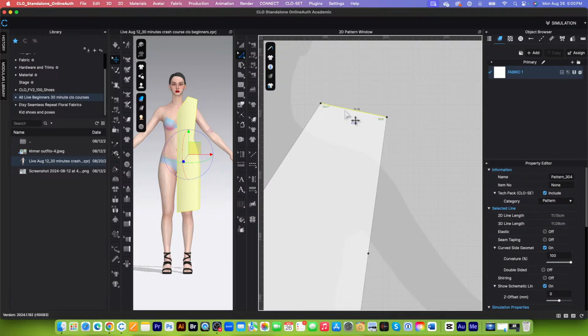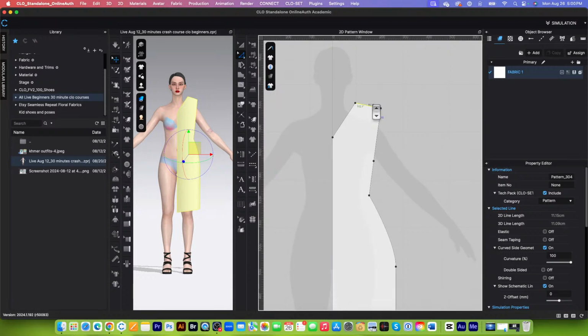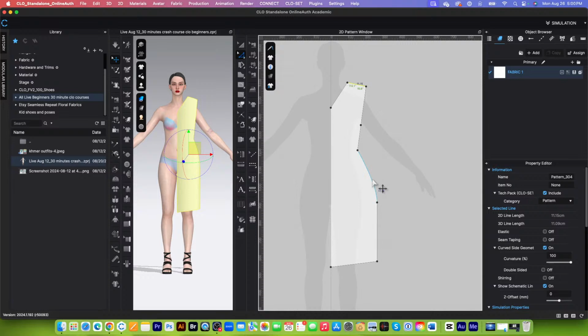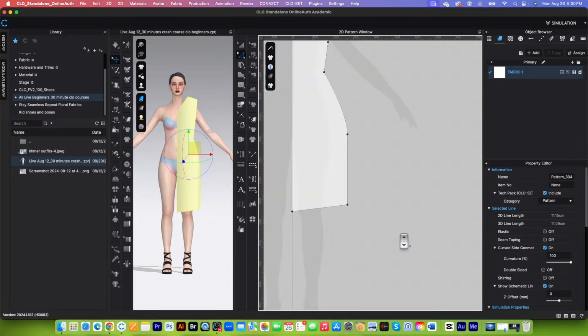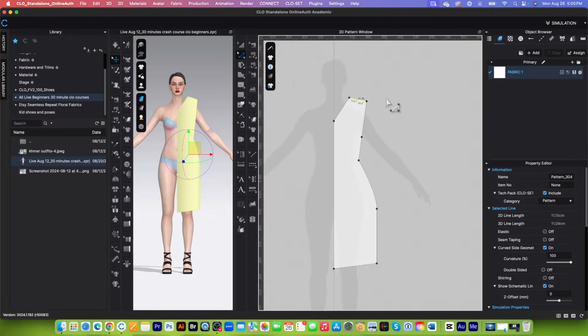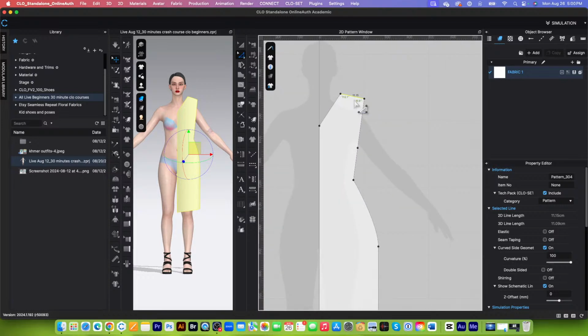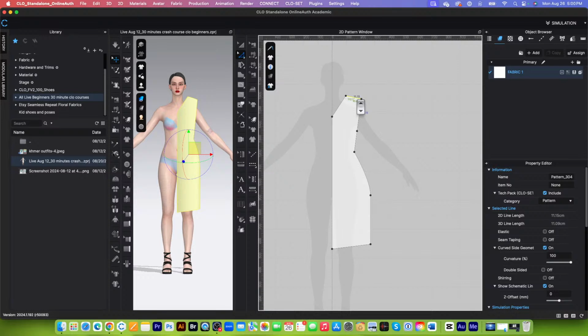If I zoom in, I can see the measurement of each line. That is super useful, guys, which allows me to draft patterns super accurately, literally point accurate. When we draft patterns by hand, sometimes we kind of mix and match and don't get super accurate, but here you can get points accurate exactly. So now let's